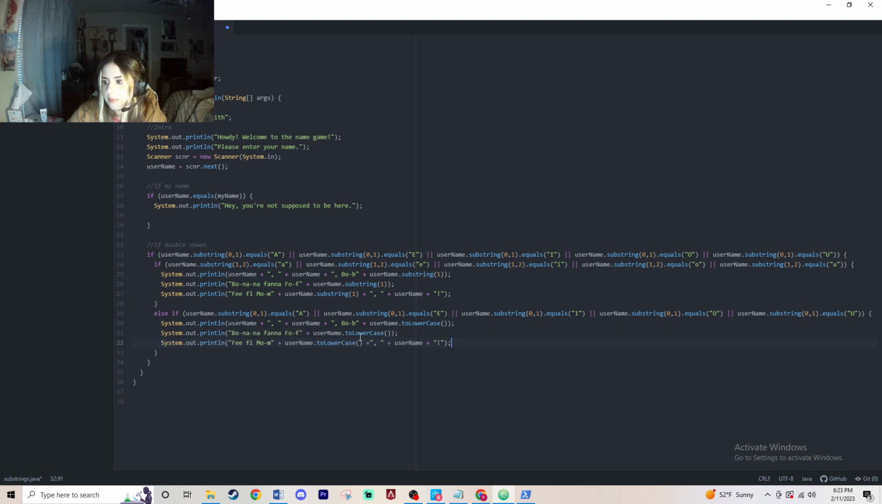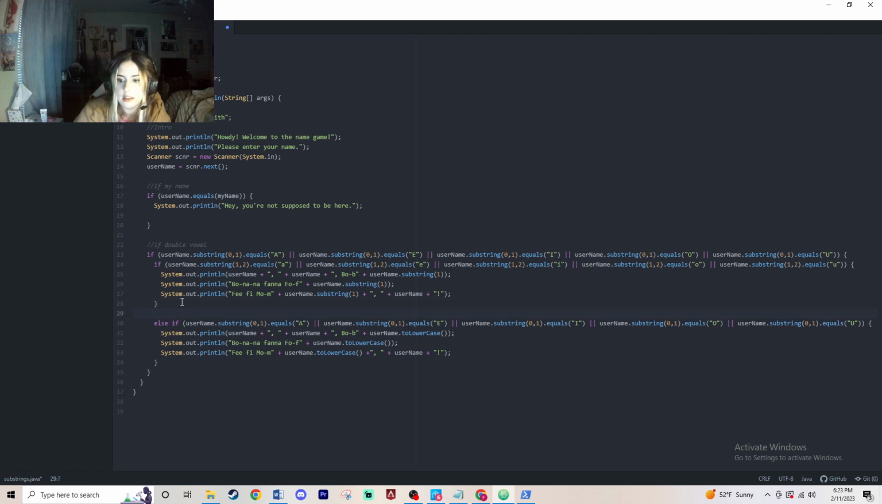And there we go. And this is if single vowel. Now we got to do the if it contains a bad word next, and we're going to do it behind this closed bracket. So we're done with the open brackets. Now if contains bad word,